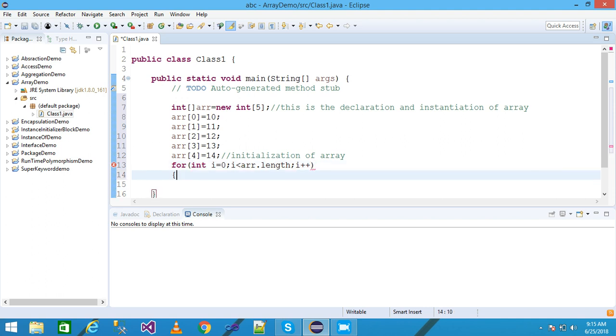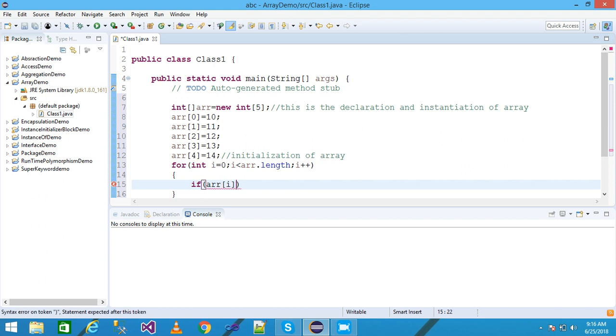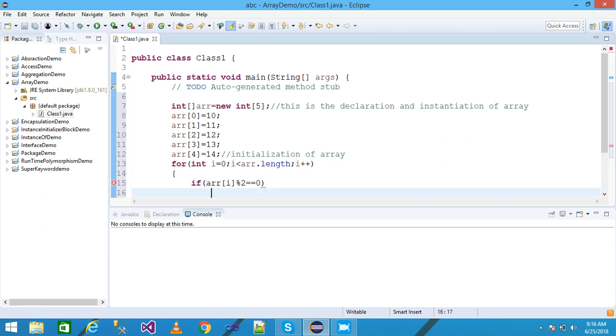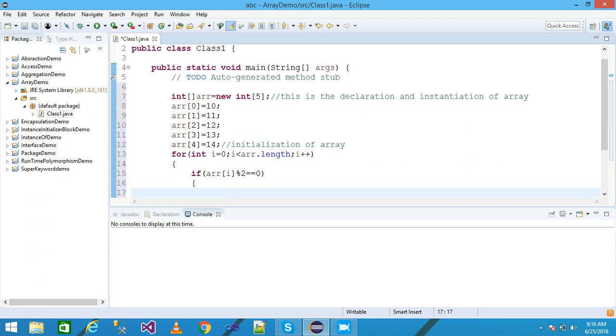Okay, and press enter. Within the body of the loop we need to write the logic to check the even and odd number. You well know that we check the remainder. If the number is divided by 2 and the remainder is 0, then the value is even. For this you simply need to write an if condition and then arr, and pass here the i index and modulo 2 equal 0. This if statement checks the even number, and simply write here system